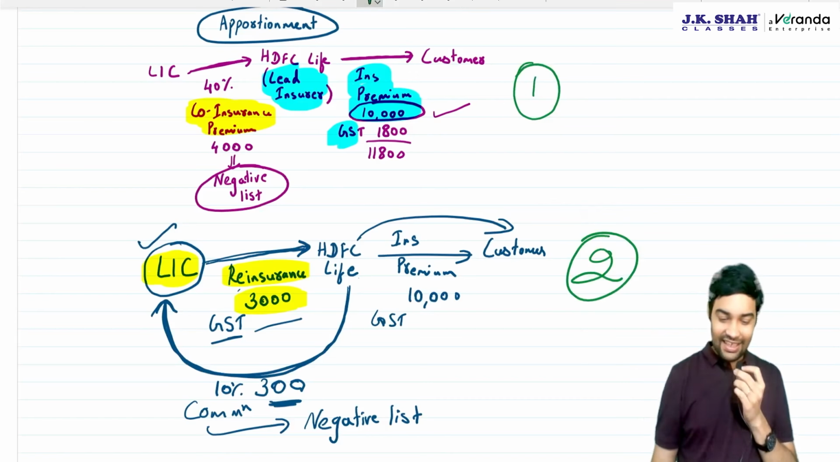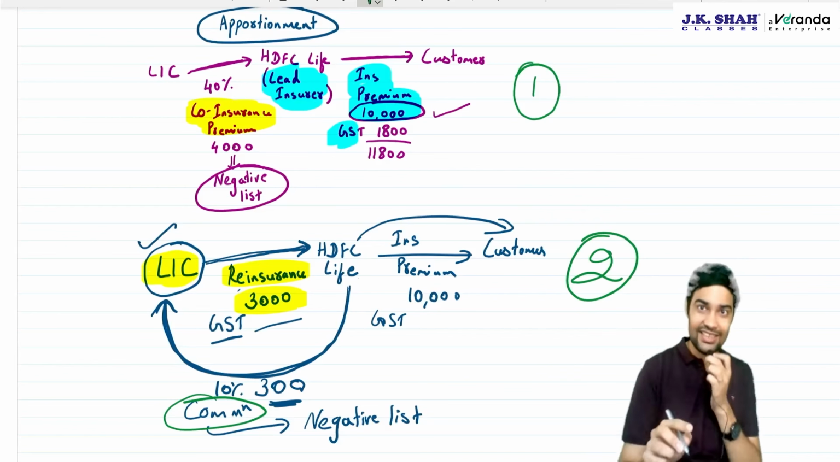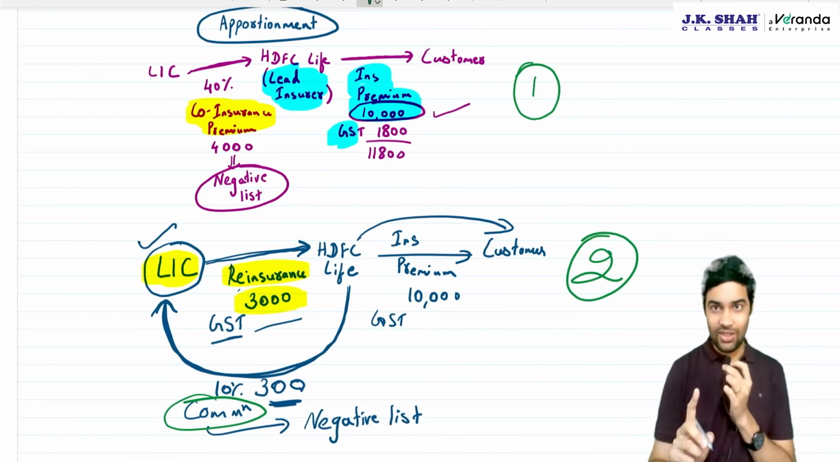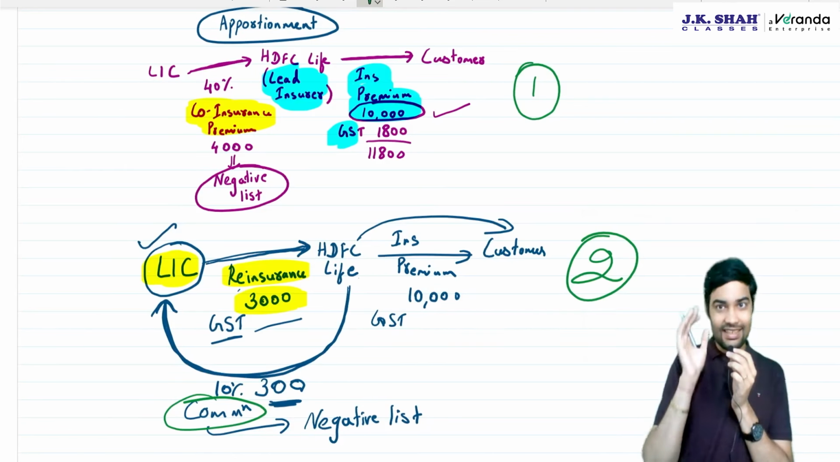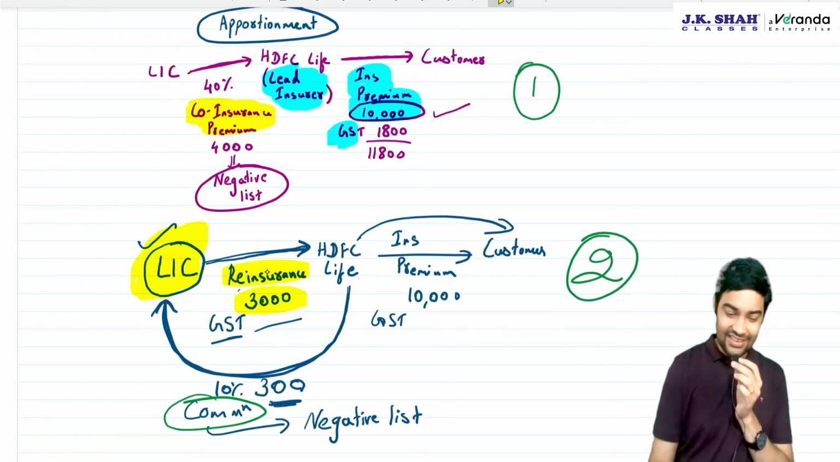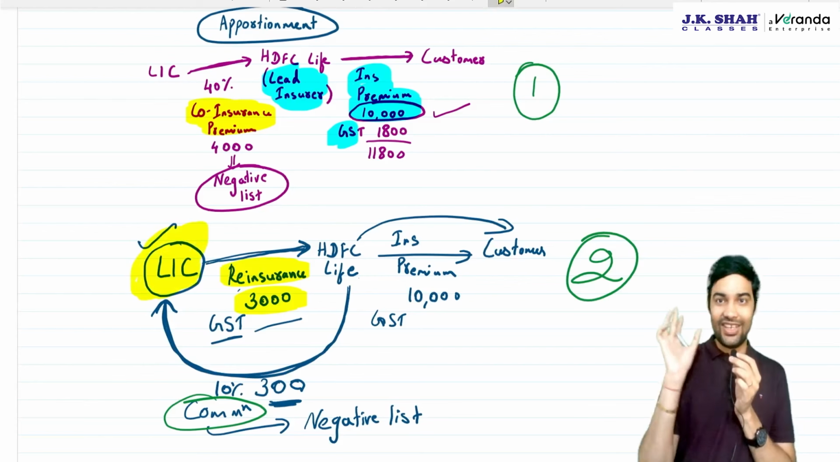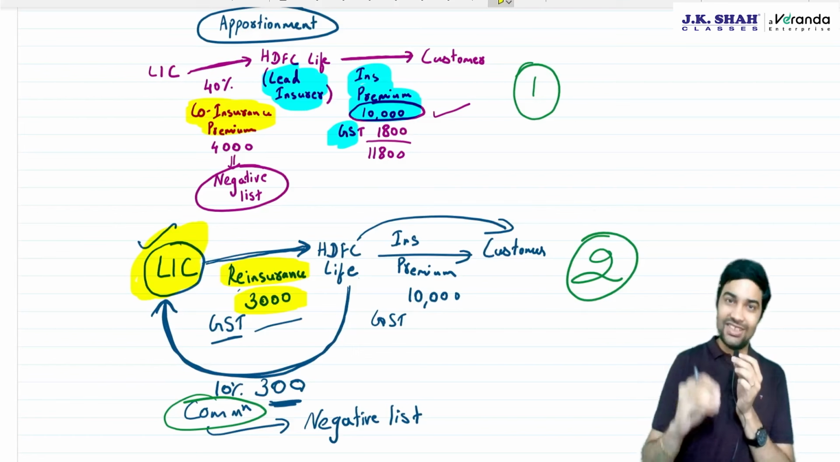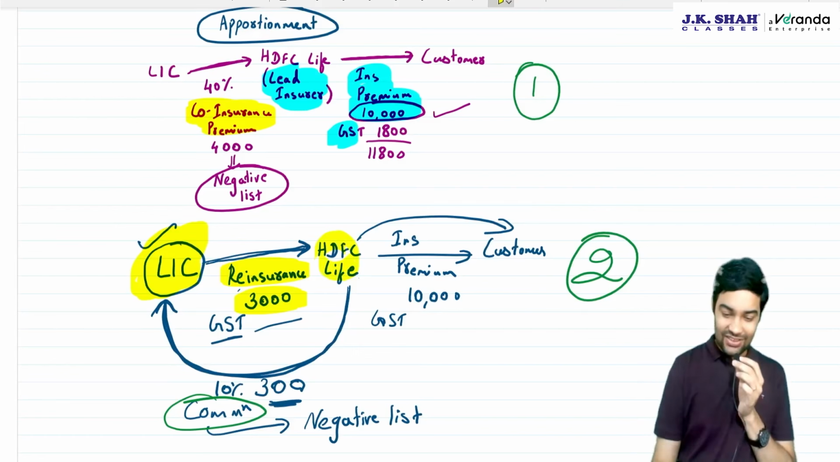Second one. Second one is related to reinsurance commission. It is not related to reinsurance. Be careful on this. What is the entry? Listen to me very carefully. Reinsurance commission will not be liable to GST if the reinsurer has charged GST on full reinsurance premium which is charged to the insurer,